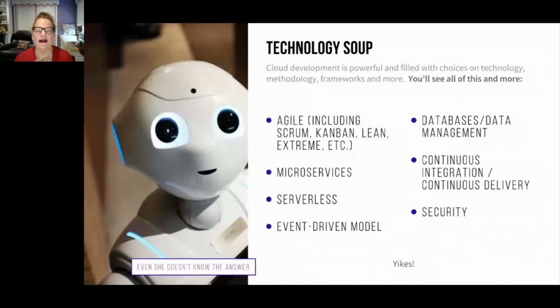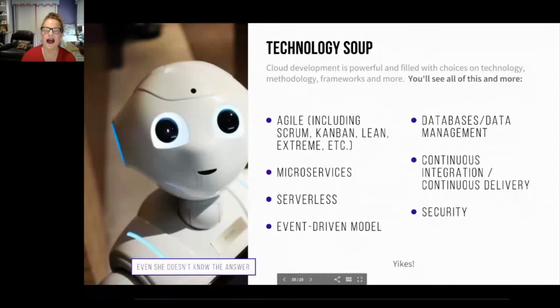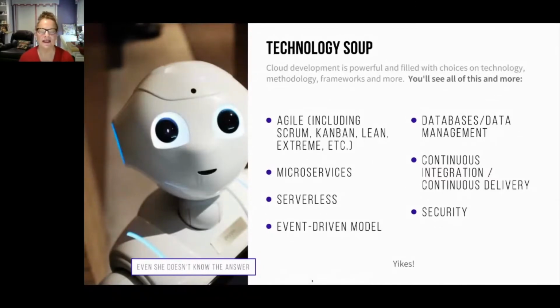So who am I? I've been in the tech industry since I was 19 years old, and I started in shareware probably before most of you were born. I currently work at a company called Mobilize.net. We founded it in 2012, and we transform old client server apps to the cloud, and we help businesses transform to SaaS.